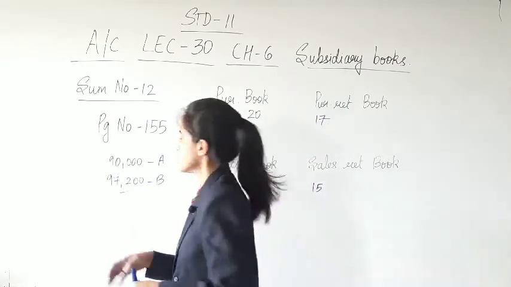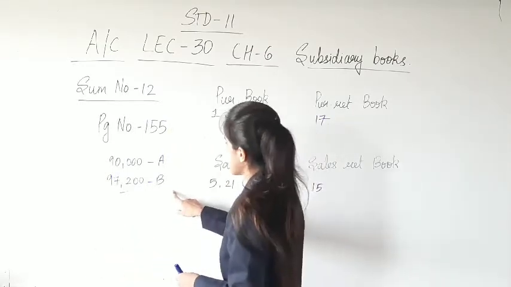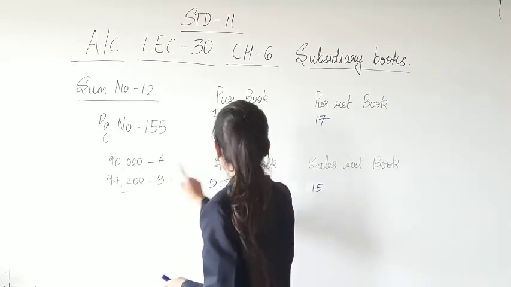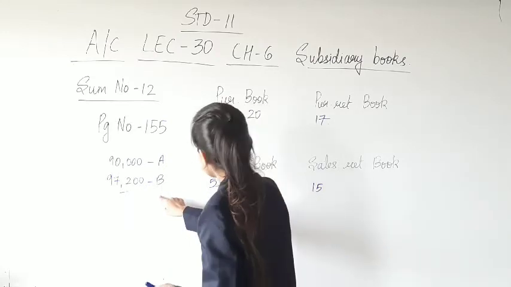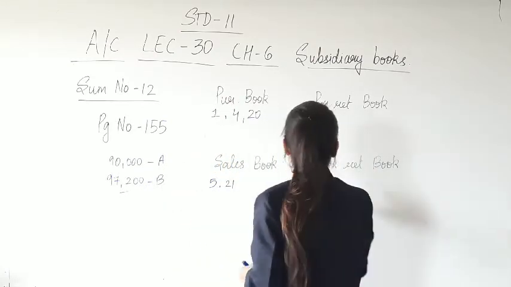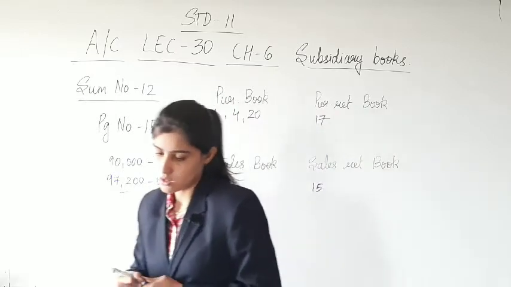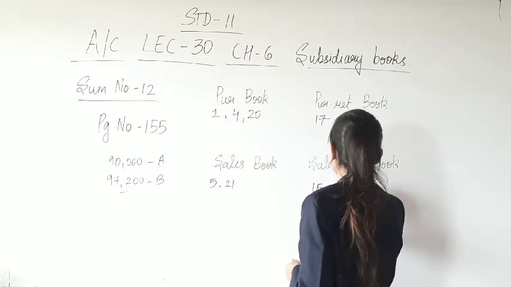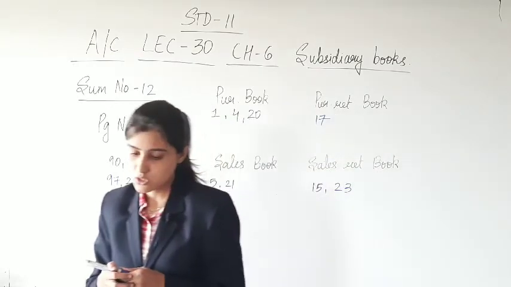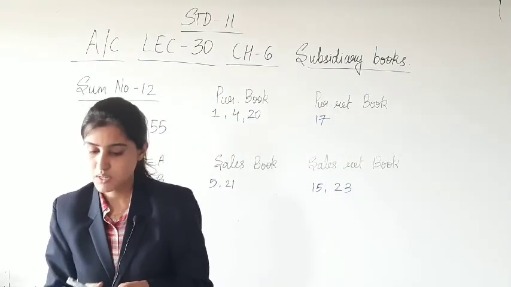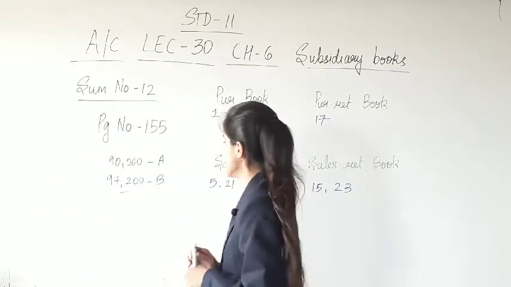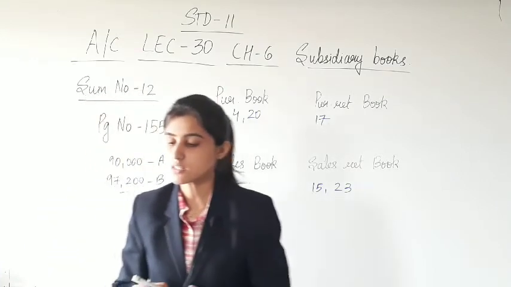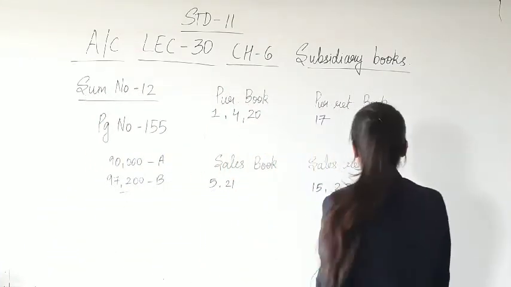Yes. So goods have been sold to Bala, the one which have been purchased from Anuti. Now Bala is the person to whom goods have been sold, and Bala returns the goods. So this becomes sales return first of all on 23rd of November. Bala returned half of the goods. So the half for 97,200 is what? 48,600. Yes?